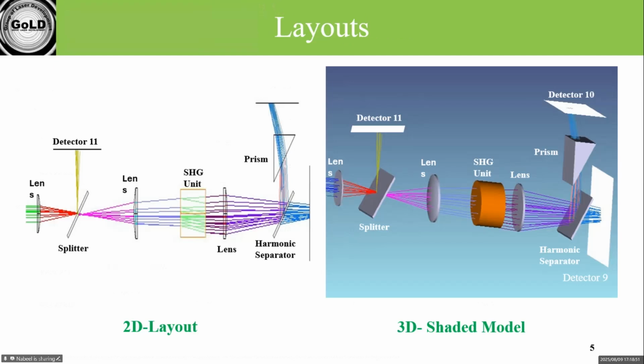That's what I am saying. Once you have the SHG, the nonlinear crystal, the green light, let's say SHG, because we are using 1 micrometer and 532 is coming, the green light. So you will have 1 micrometer, and then you will have 532, right? So it means you will have two beams, but we definitely don't want them to